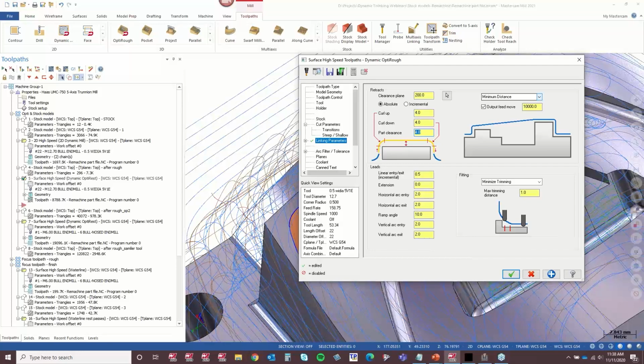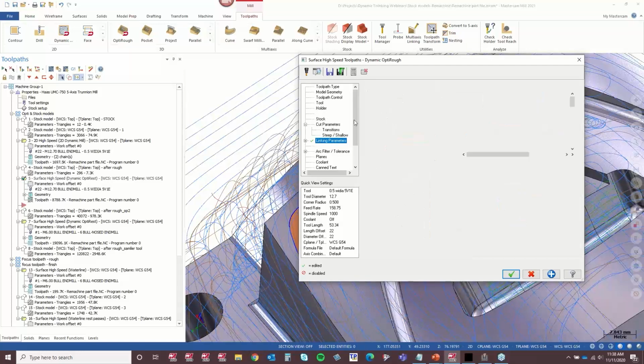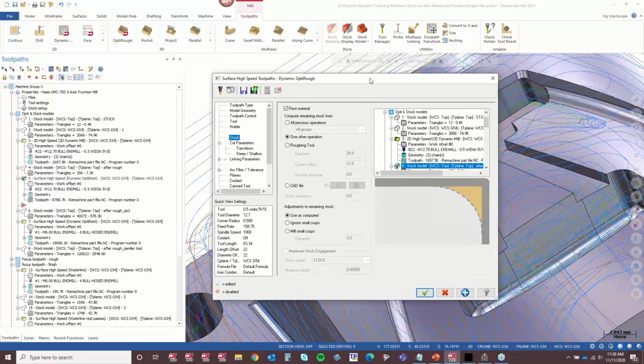I'm also reading that question again, and I may have misunderstood it, asking how to reduce retractions in rest roughing. Instead of trying to keep that retract distance down, you may be asking about how to keep the tool from jumping around as much, from hitting little areas that aren't important. I saw another question on this anyway, so this is good. It'll cover those too. One of the biggest things you can do is turn on ignore small cusps. What this is going to do is keep your tool from going in and hitting a little area that you're going to clean up in a semi-finish anyway, or a finishing operation that isn't really important.